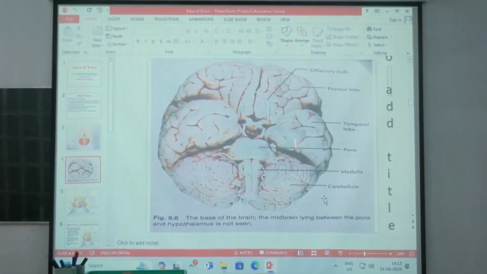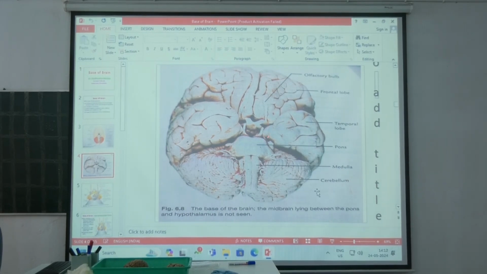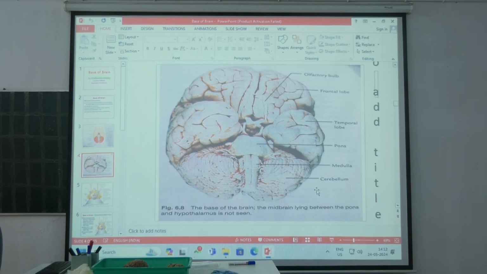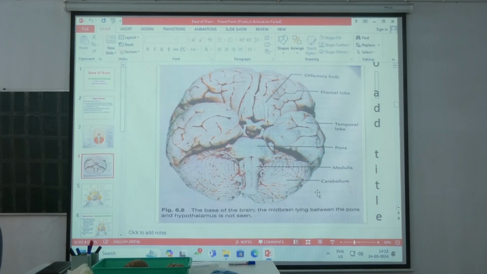Posterior to it, you can see two small rounded structures. These are the mammillary bodies. On the two sides will be the crus cerebri, and this nerve coming out medial to the crus cerebri is the oculomotor nerve. Lateral to the crus cerebri will be the trochlear nerve. This fine nerve you can see is the trochlear nerve. Now this part is the pons. Here is the medulla oblongata. In the lateral part of the pons, near its junction with the middle cerebellar peduncle, the trigeminal nerve comes out from here.